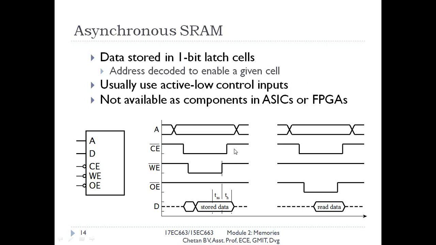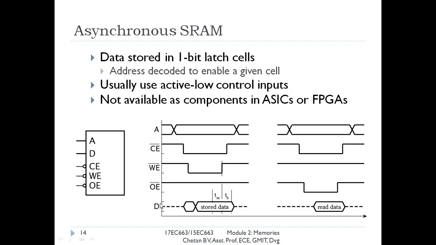These are the timing diagrams for write operation and read operation. First we shall see the write operation. Under write operation, the address should be available on the address line. At the same time we have to apply 0 to the chip enable. Along with this, write enable should be made 0, as we are performing write operation and this is an active low signal. Output enable should be high, that is the tri-state driver should be disabled.